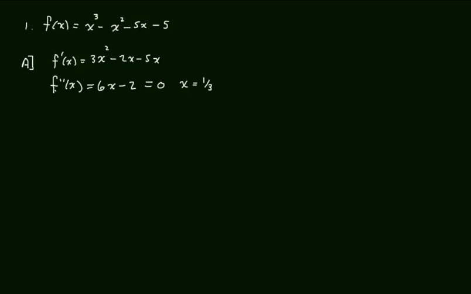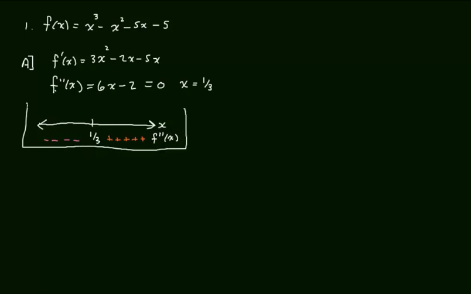So now I'm going to repeat that process of a number line, but this number line is going to be in reference to the second derivative. And on this number line, I'm going to determine the sign of the second derivative. So I'm going to plug a number to the left of 1/3, let's say 0. And if I do that, I see that I will have a negative value. If I plug a number to the right of 1/3, let's say 10, I see that I'm going to get a positive number. So this number line, even though it's not going to earn us any points on the AP exam, or my exam for that matter,